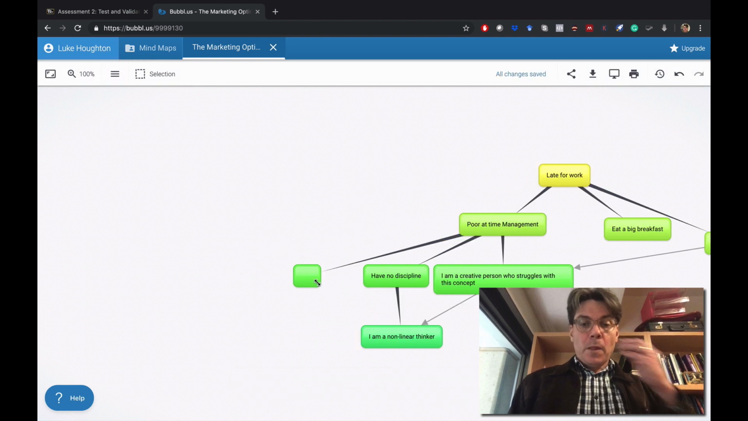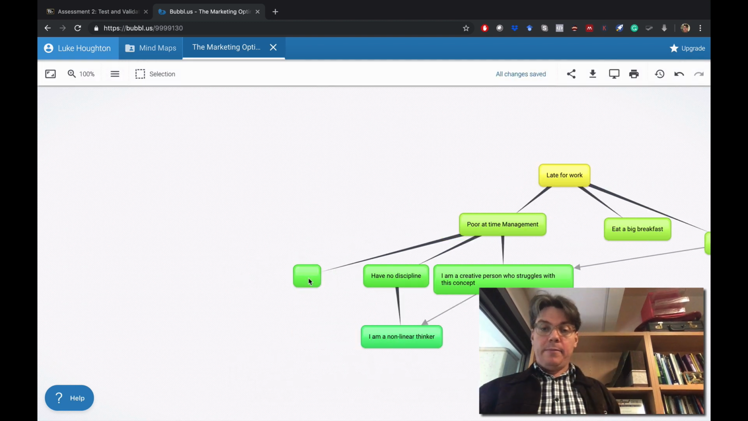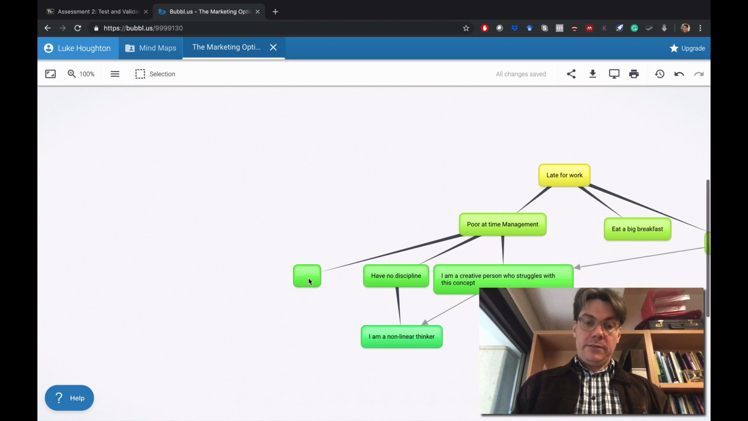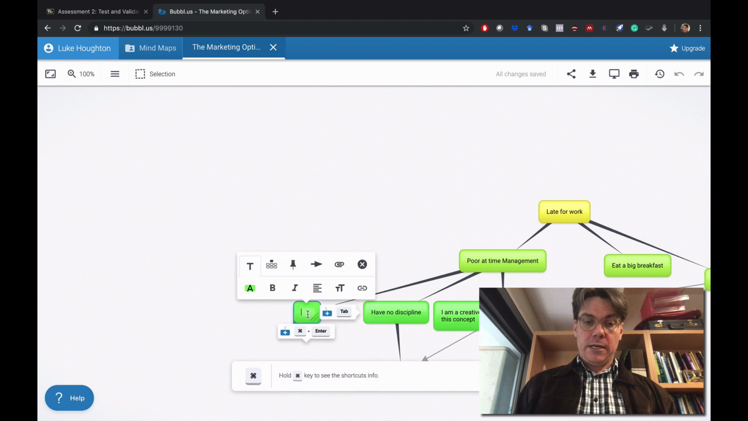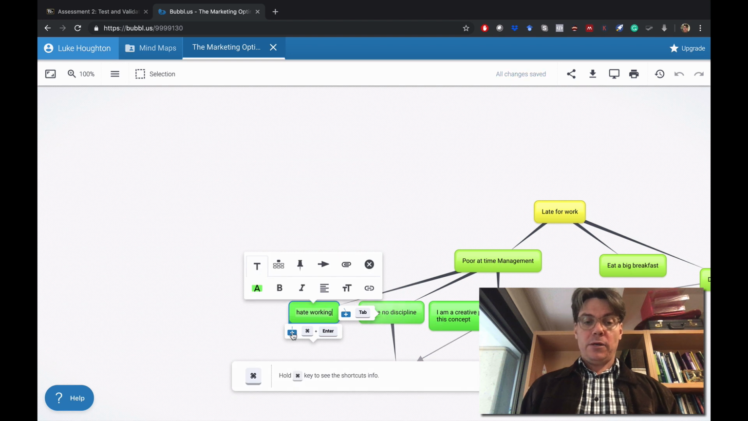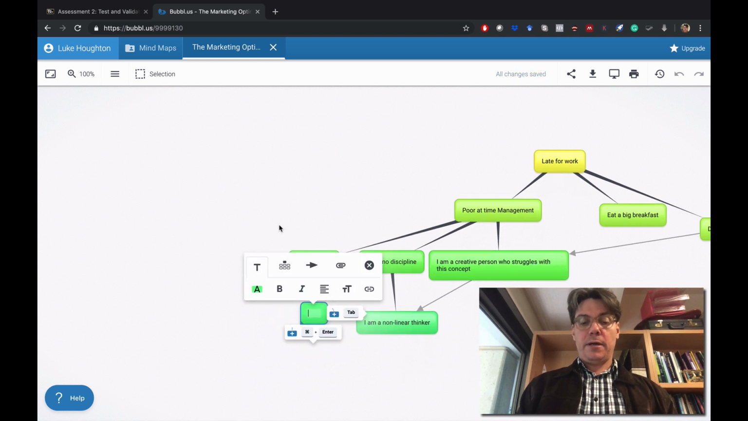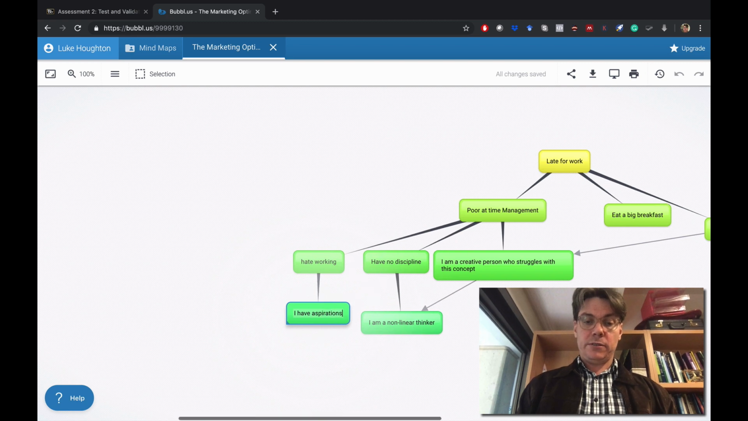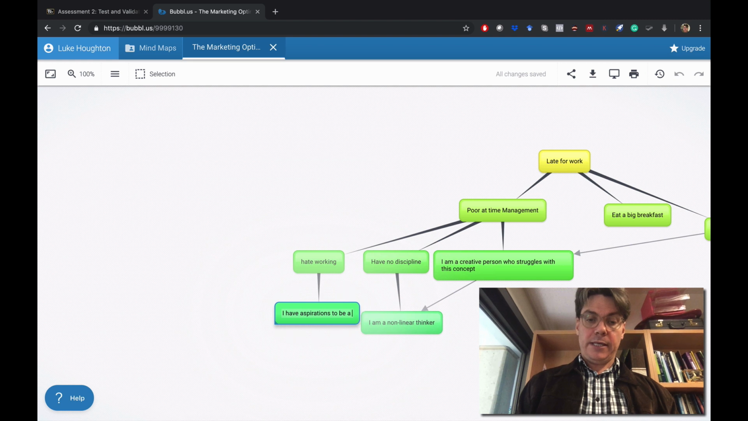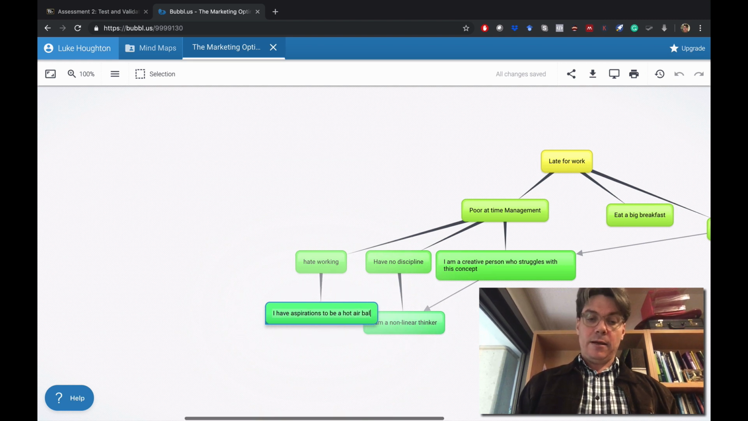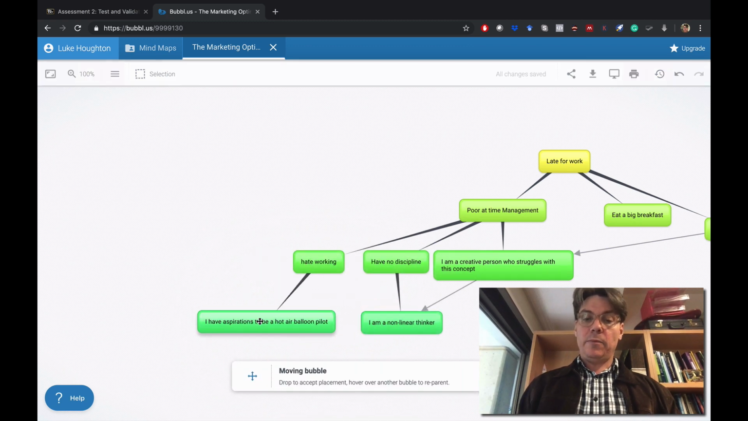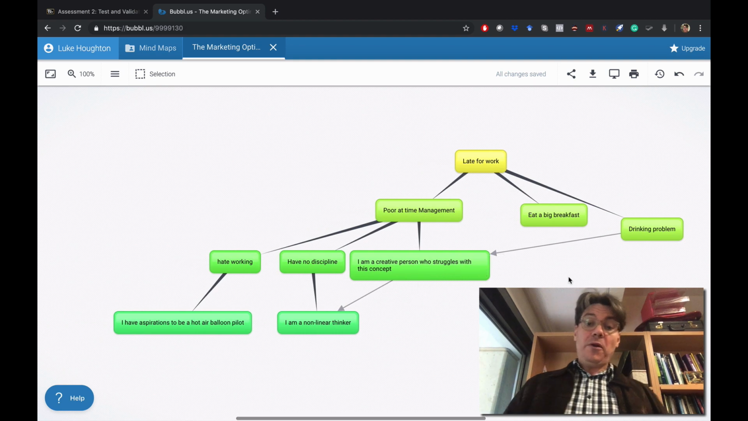There we go. The main reason I am poor at time management, another one might be because I hate working. I don't want to be there. So then if I add another to that, I have aspirations to be a hot air balloon pilot. So now I'm framing the problem, and I've actually got a not a bad concept map here, and